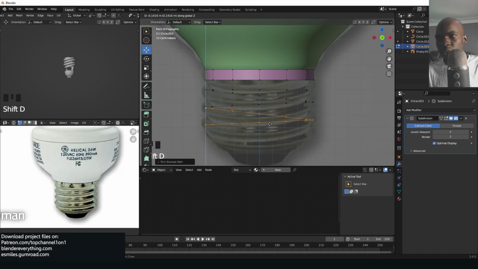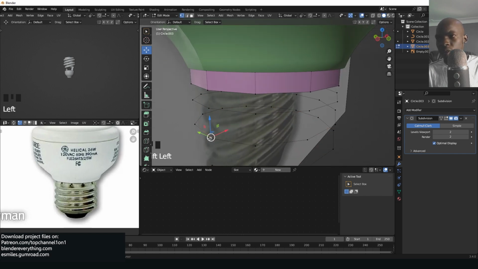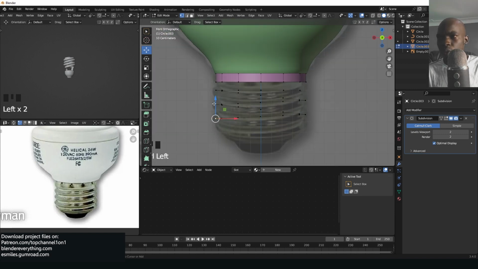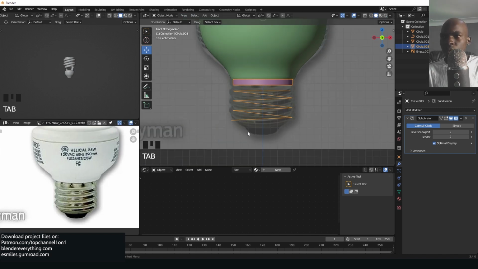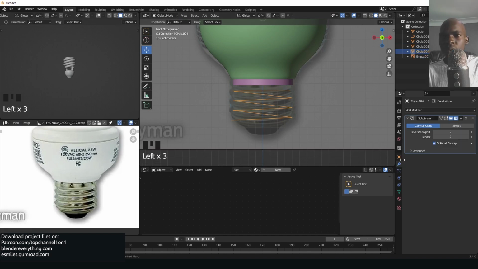And I can duplicate this, make sure they line up. Just merge this with this. We can repeat this one more time. Yeah, so we have that. One other thing we could do is separate this piece like that, and then we can go in, convert this